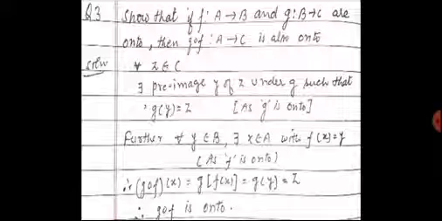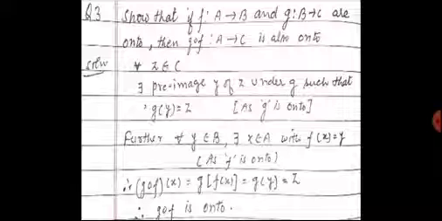Codomain. So the question is, f is a function from A to B, g is another function from B to C, and both these functions are onto. We are asked to show that F composite G is an onto function. F is a function from A to B, G is a function from B to C, means F composite G will be what? A function from A to C. I don't think you will have any problem in getting it. Now come to its solution part.